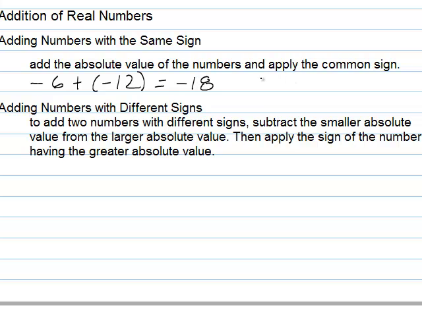Well, let's add two that have a different sign, and let's see what we get with that. Adding two numbers with a different sign, we subtract the smaller absolute value from the larger absolute value and apply the sign of the number having the greater absolute value. So if I have 10 plus a -5, I find the difference between them. I take the smaller one, 5, from the larger one, 10. So 10 minus 5, the difference between those is 5. And in this case, my 10 is the greater absolute value, and so my sign is positive. Now generally we don't leave it with the positive sign. I'm using it here for effect.